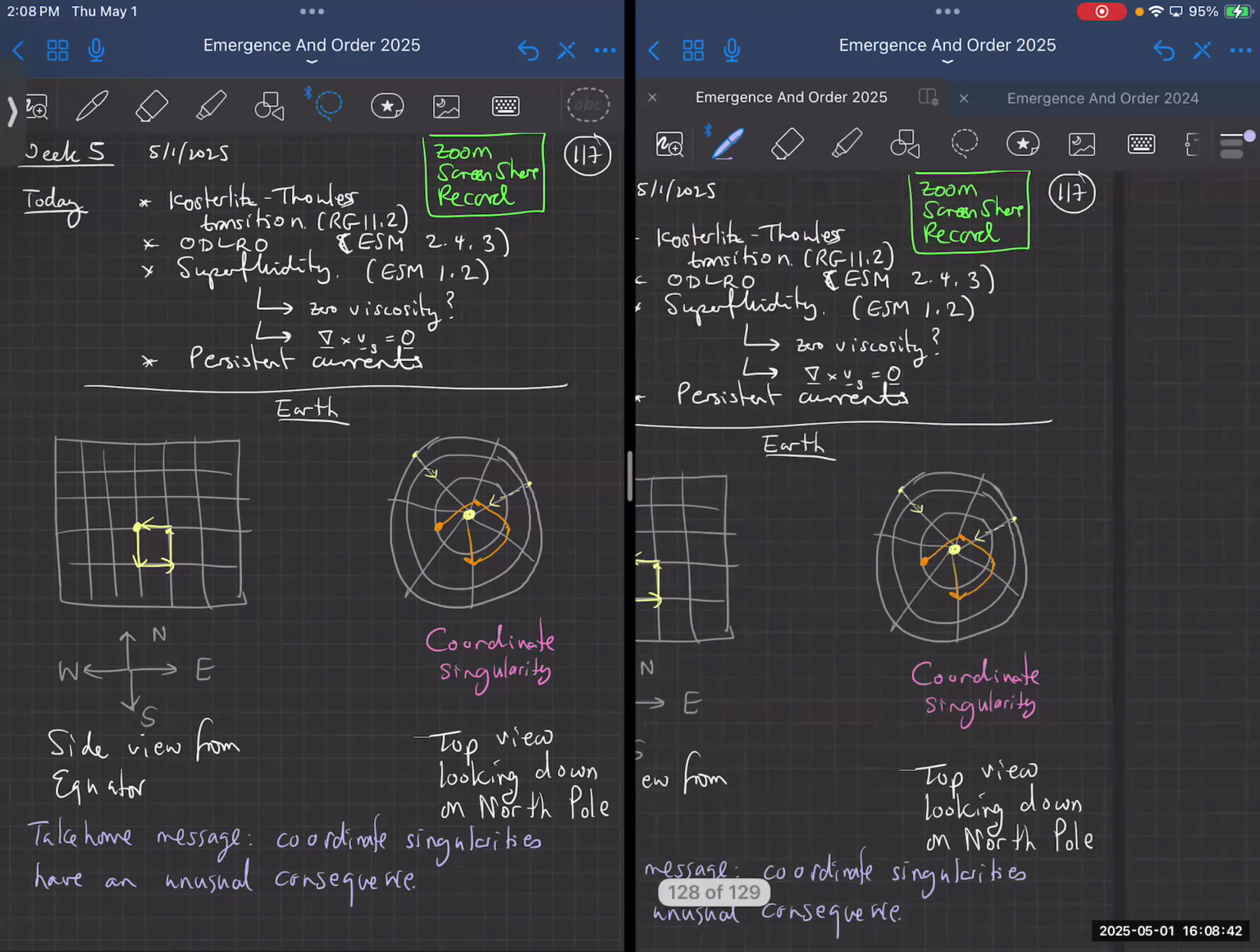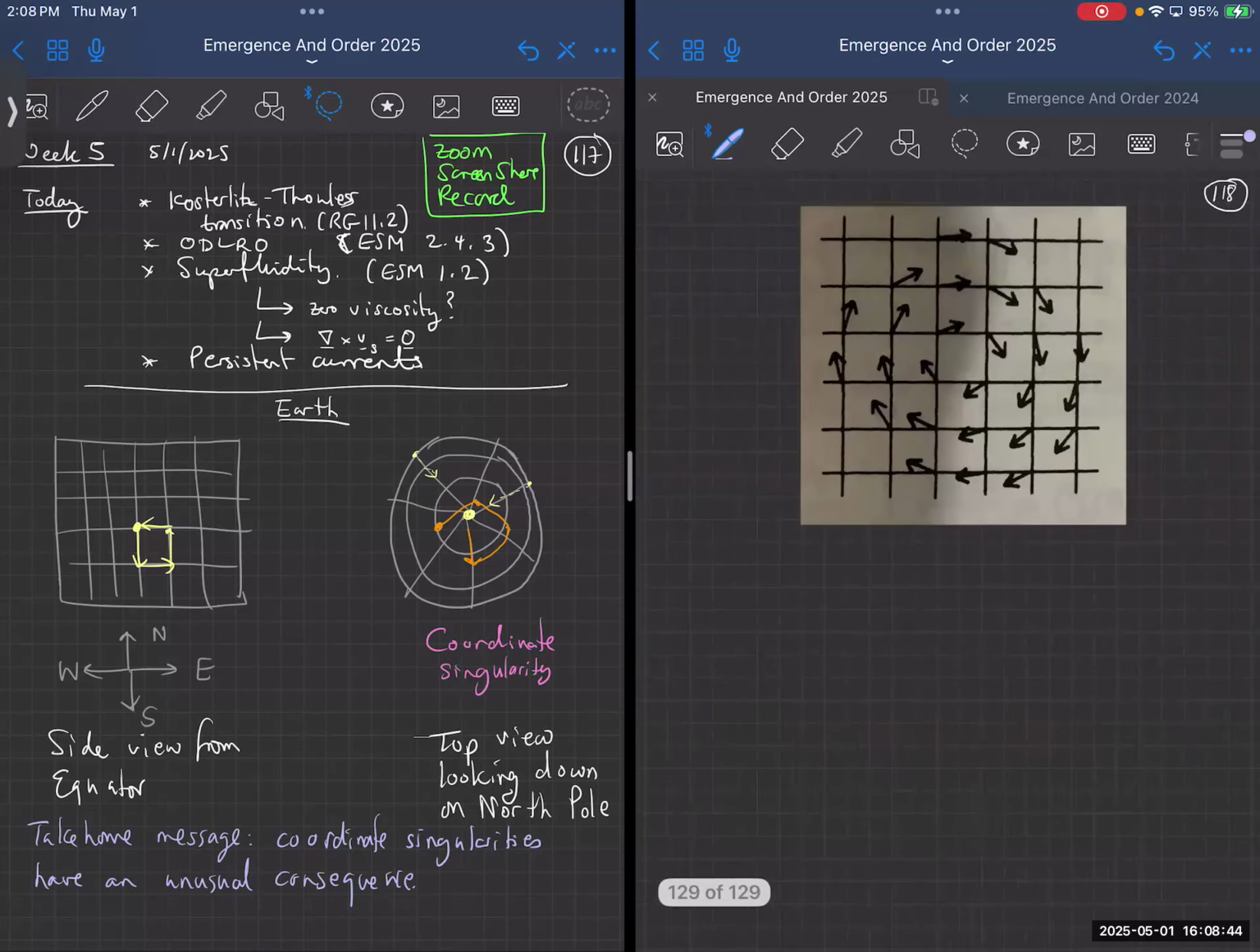Okay, so let's get started. I've drawn here, because I'm going to need it later in the class, a coordinate singularity in an XY model. Let's put that to one side for the moment, and look at a model of the XY model. The next thing we're going to do is follow